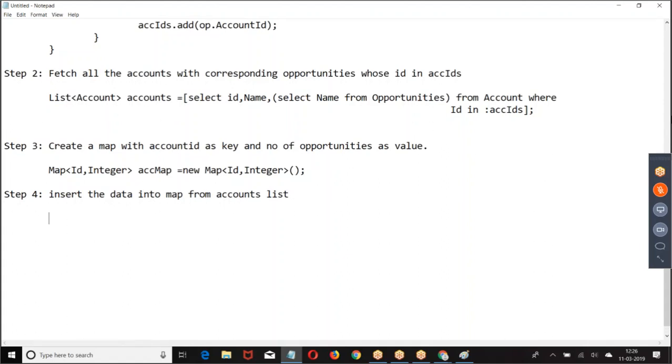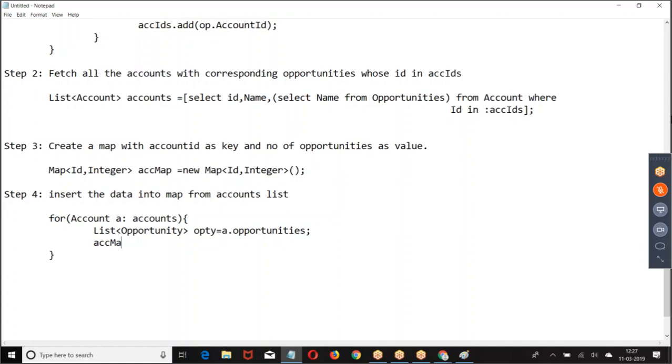So how did you do that? Take a for loop, take one by one account from the list and verify how many opportunities are there. For every account, how many opportunities are there? Find out the count. Then put the data into the map.